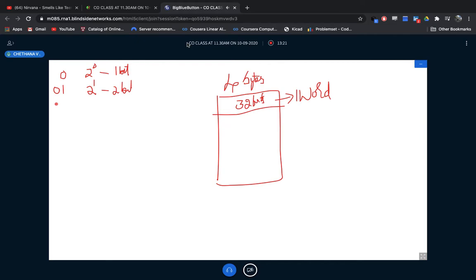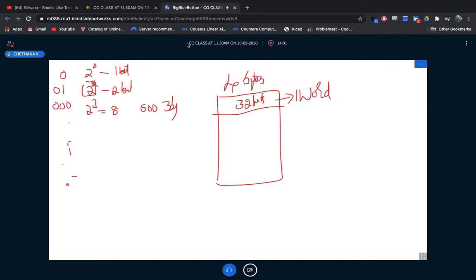Like that, suppose 3 bits. A 3-bit example is 000, so I'm storing only 3 bits here. Then how many memory locations do you want? 2 to the power of 3. For 2 bits, addresses required is 2 to the power of 2, that is nothing but 4. Suppose 3 bits, I require only 2 to the power of 3 addresses, that is 8 addresses. But how many bits of data? 3 bits, 000 means 3 bits. Like that, go on.